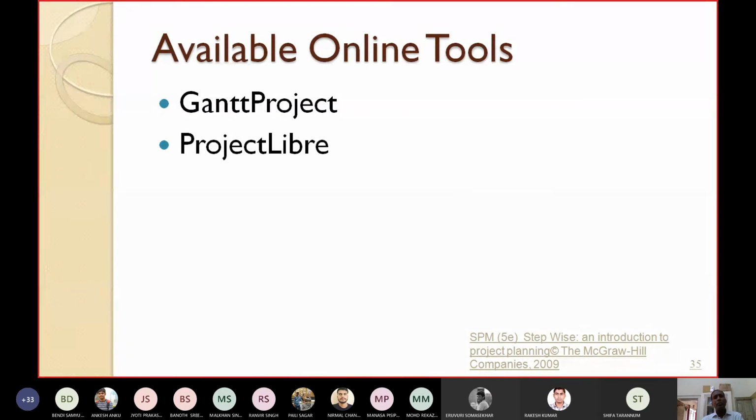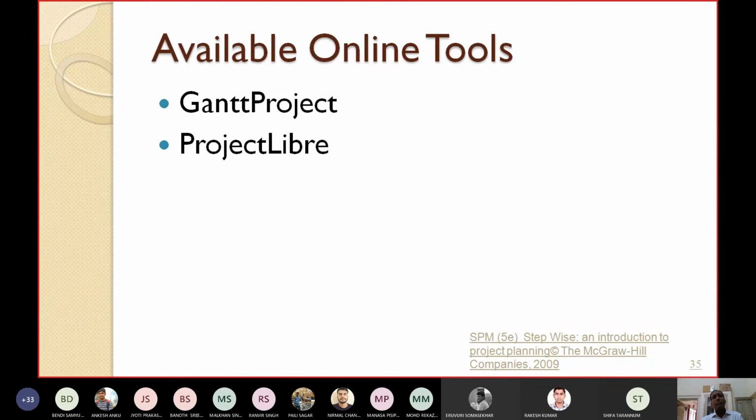Please download both the software tools. For the assignment I have shown, the MIS application and the compiler design projects, please draw both of them using ProjectLibre and GanttProject. For the MIS project, I have given the durations.